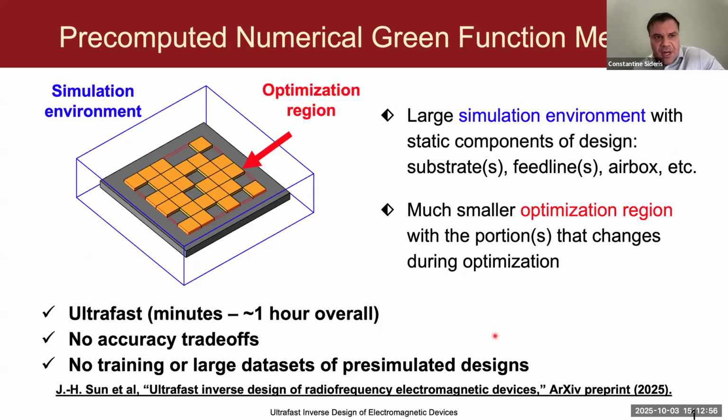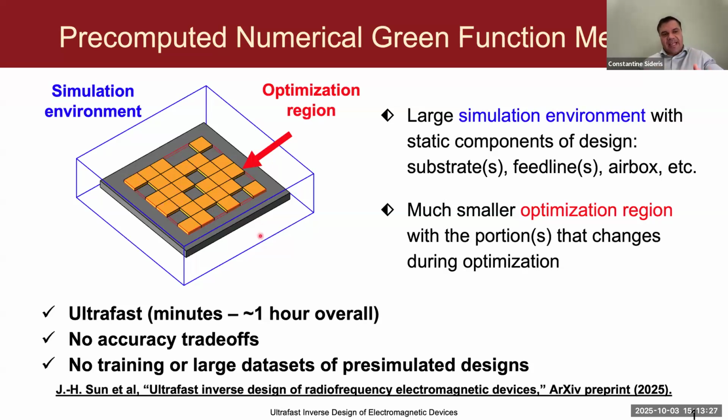One key thing to notice when one is doing inverse design is that typically only a small region of the simulation domain is actually being modified during the optimization. For example, in this case, I have a dielectric substrate with these metallic tiles that I'm changing, and many of the examples we'll show will follow this sort of setup. In the optimization problem, I'm just changing tiles within this square grid.